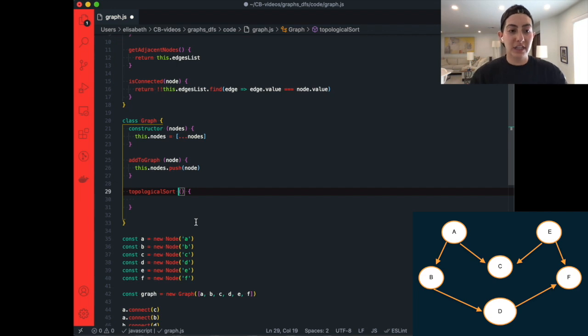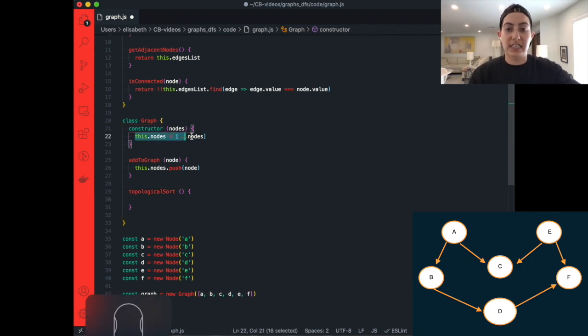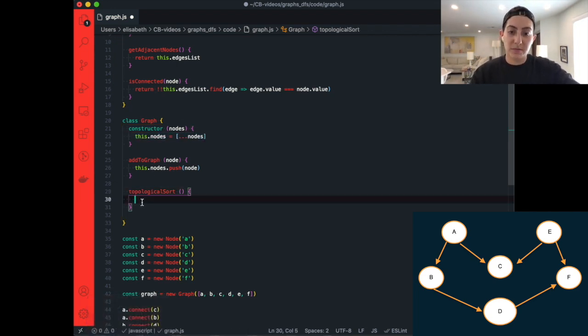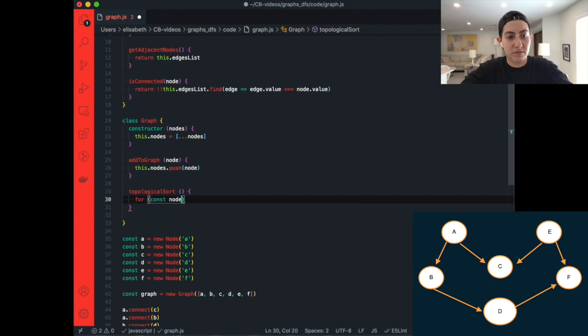So our graph does have this dot nodes property. So I think what I'm just going to do is loop over that, and I am probably going to call depth first search on each one of them. We haven't written that method yet. We will in a second, but just to give you a preview of where I'm going with this. Okay, so for const node of this dot nodes,